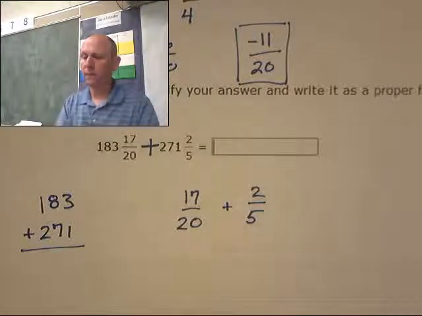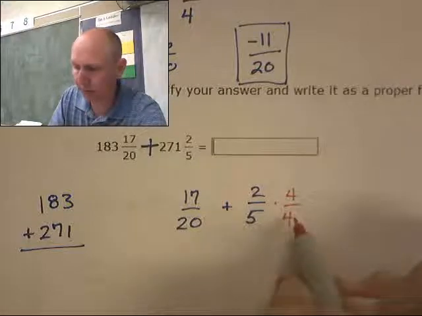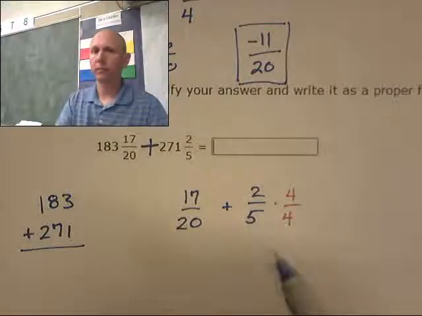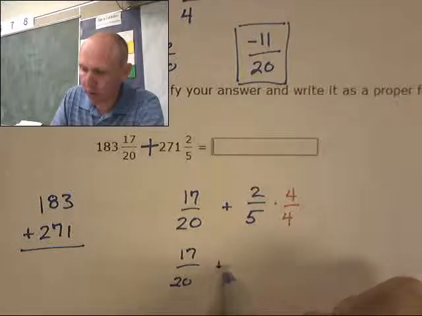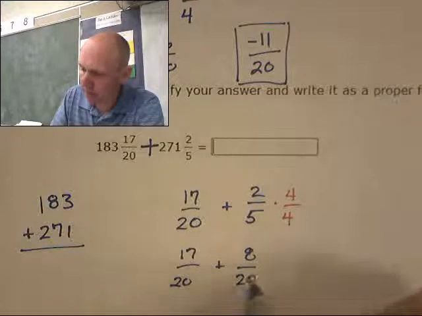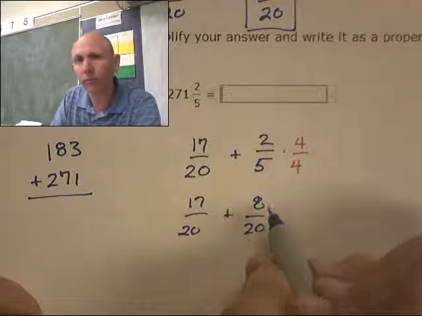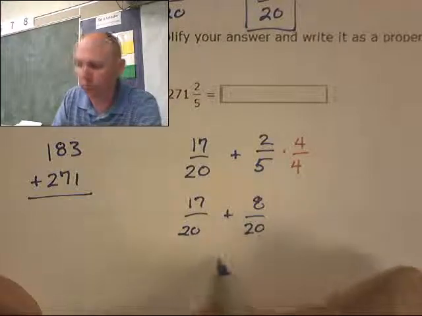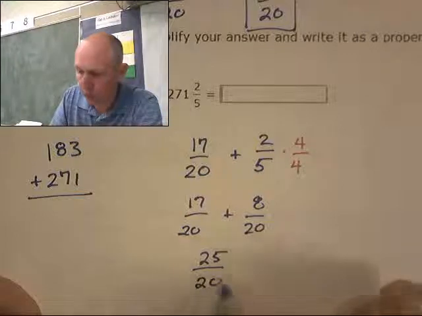I need to take that 5 up to a 20, so I'll use a 4/4 to make that happen. My fancy one. So I have 17/20 plus 8/20, which is going to take me to 25/20,